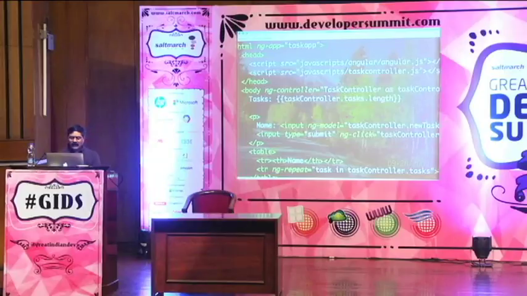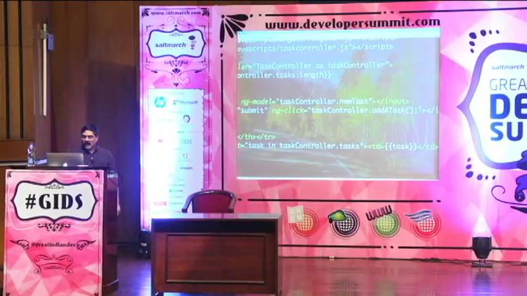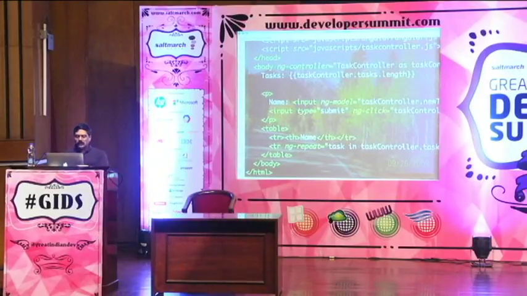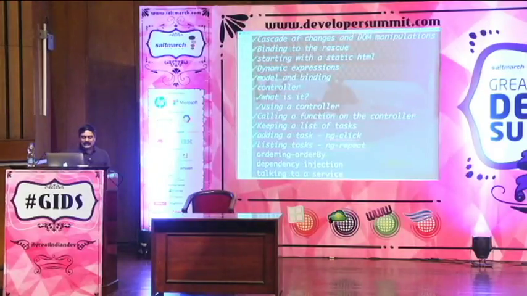So you are giving an iterator on this to say, I'm going to use a repeat function where the task is going to come from the controller's tasks, and as soon as you get a task, please display it in here, and you're putting on the looping for us to use at this point. So go back and refresh that. You can see the list is popping up. Let's go ahead and say here is T3 and click on submit. So you can see T3 coming up, T4 coming up, so that seems to be working just fine,